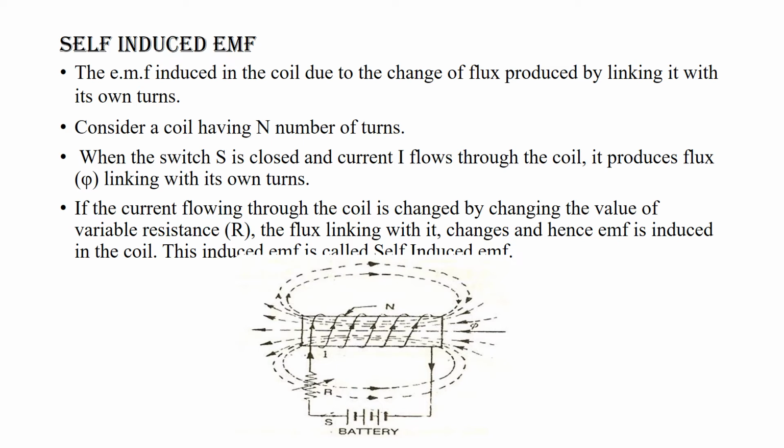and the conductor is connected to a battery source, with a resistance connected in series. As we all know, when a current flows through a conductor, a magnetic field is created. If you want to make the magnetic flux change, I can change the value of the resistance. By changing the value of the resistance, the current flowing through the conductor changes automatically and an EMF is induced as per Faraday's law of electromagnetic induction.